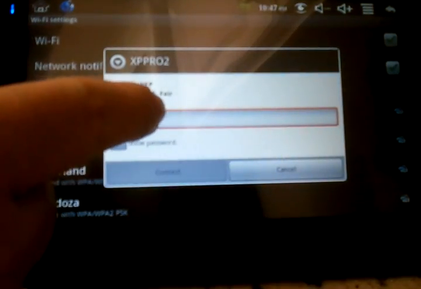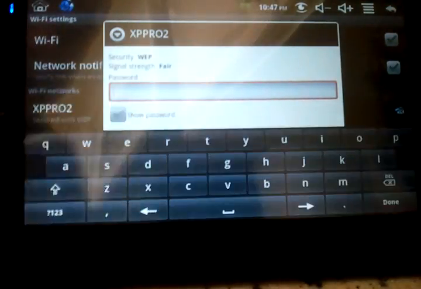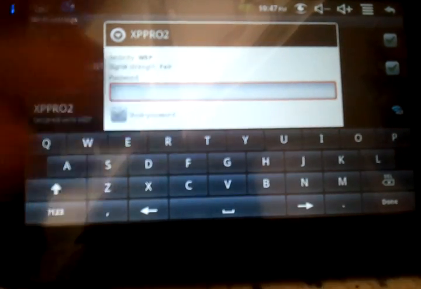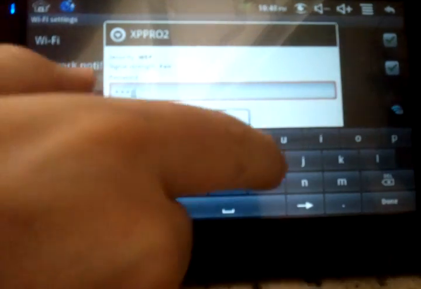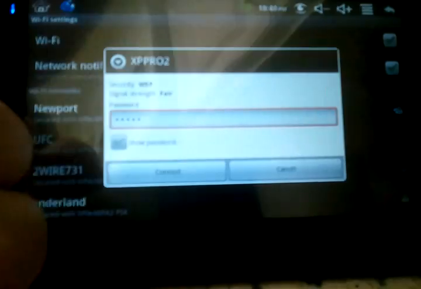So this is secured. I'll put my little code in here real quick, just so you can get an idea of how the touchscreen works, how easy it is. I'm done, and then I connect. It takes just a moment to get connected and to find the IP address. While it's doing that, we can find some other stuff to look at here. See, obtaining IP address. We'll go back